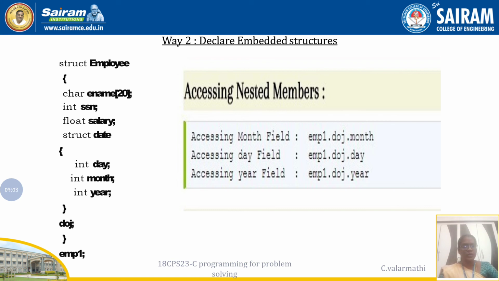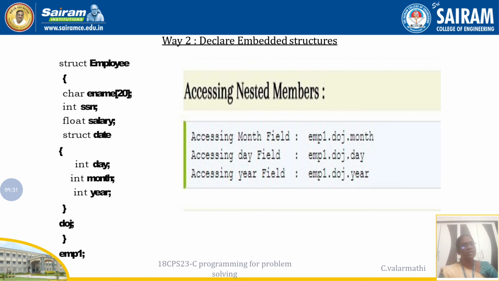I open the date structure, and the main elements are declared inside it, that is nothing but day, month, year. So these 3 members are declared. Then I have created one variable for the date structure, DOG. Then I have closed my employee structure, and for the employee structure one more variable is created, that is EMP1.